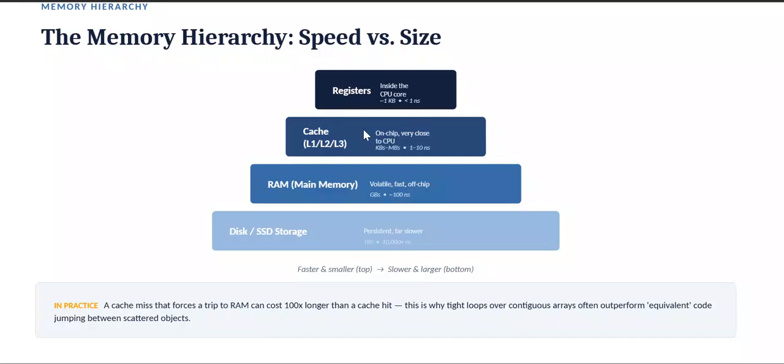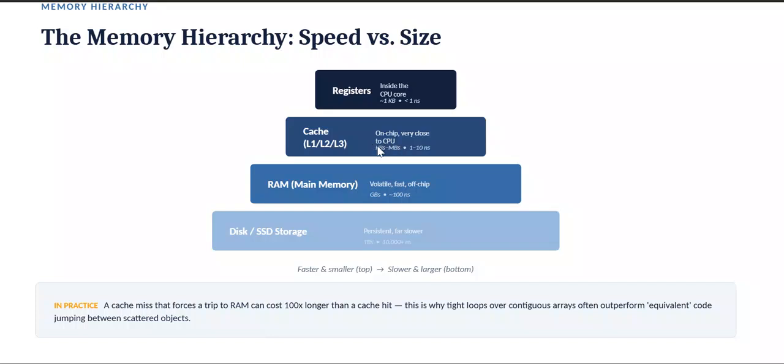The next memory is the cache, L1, L2, and L3, which are on chip, very close to the CPU but not inside it. The registers are tiny memories inside the CPU, but the cache is close to the CPU,